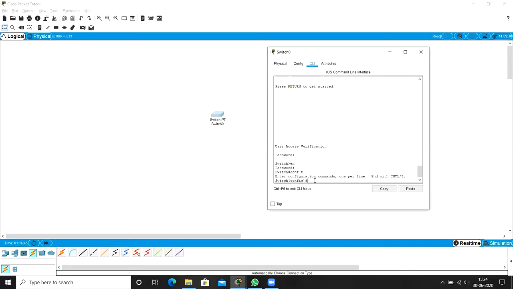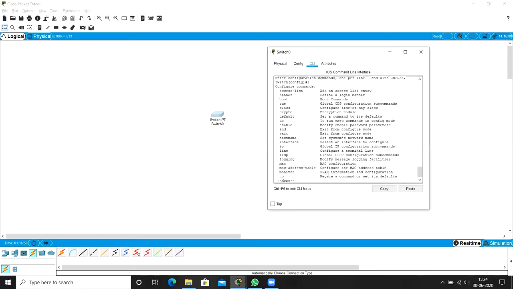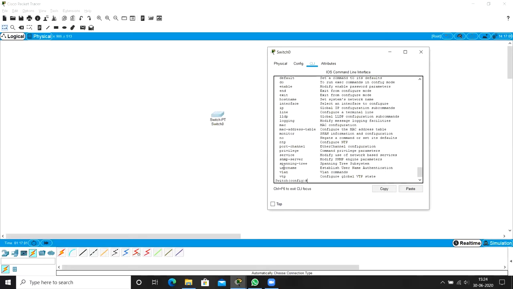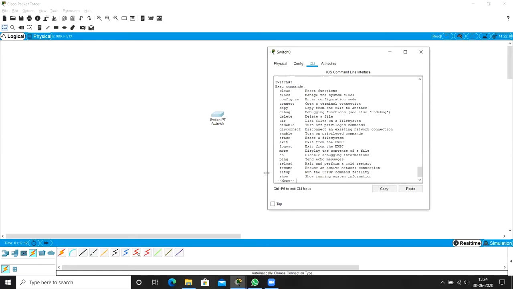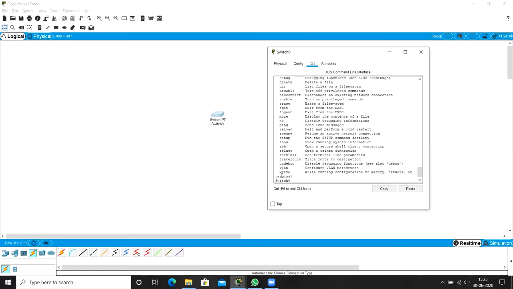Before that, let me show you something. In order to see what is there in the running-config file now, let me press question mark. I pressed it because I just want to show you whether the show command is there here. There is no show command here. We have the show command in the previous mode, that is privileged execution mode. Now you can see the question mark here, and here there is a show. So I'm pressing show.